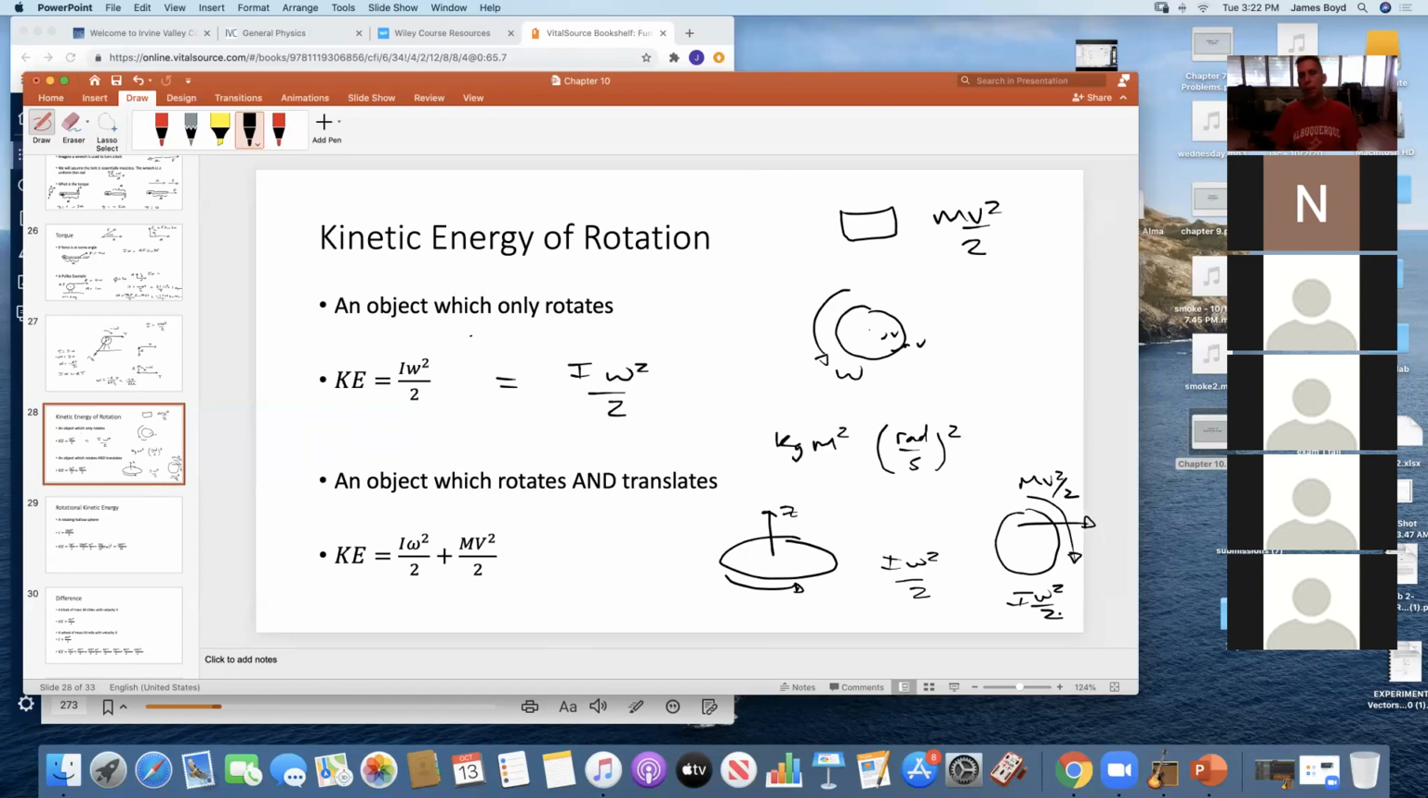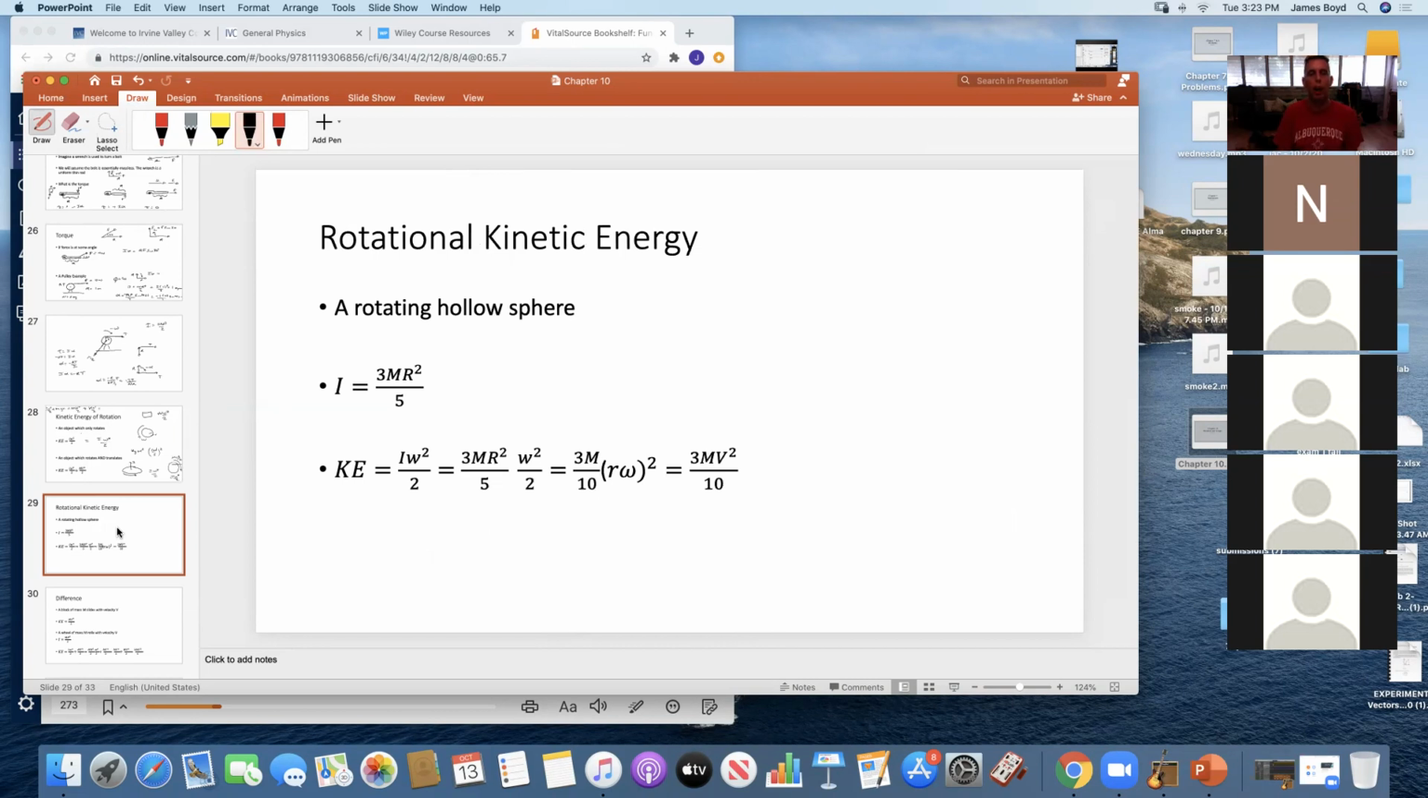And what this means for us is that when we write our energy equation, mgh plus mv squared over 2 plus kx squared over 2, we have to now include I omega squared over 2 for anything that's rotating, which makes it somewhat easy. Maybe not super easy, but